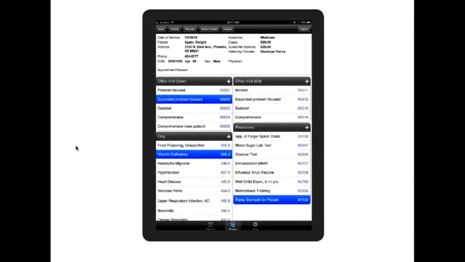Now, let's move on. This is how the electronic super bill will look on an iPad. Now look at the bottom left corner here. That will be whatever codes you want, ICD-9, ICD-10, and the physician will be picking a procedure or CPT code from the top, a diagnosis or more than one diagnosis from the bottom, something else from the right, and also